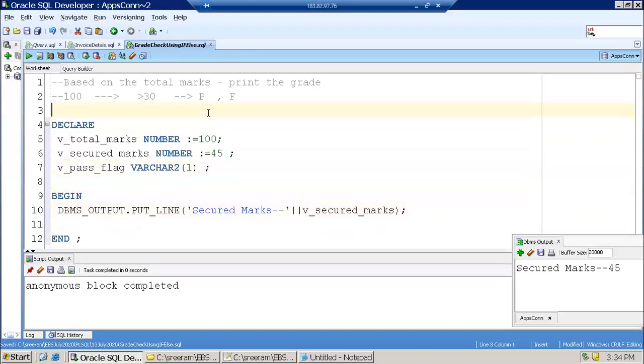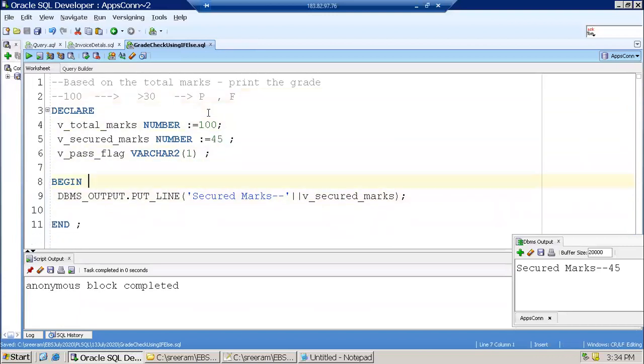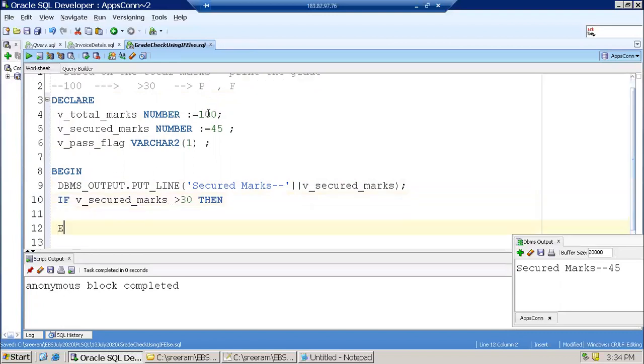Now we just want to write the logic. So the first logic is if v_secured_marks is greater than 30. As of now we don't require the total marks, we can just ignore that. If v_secured_marks is greater than 30, we want to consider the pass flag as p.